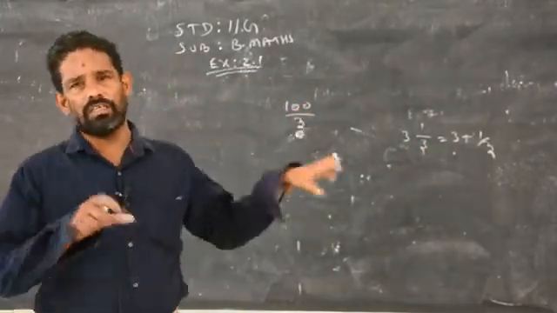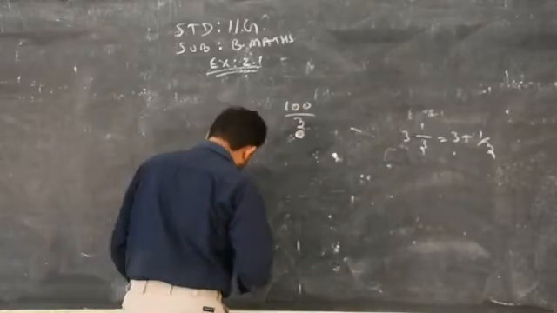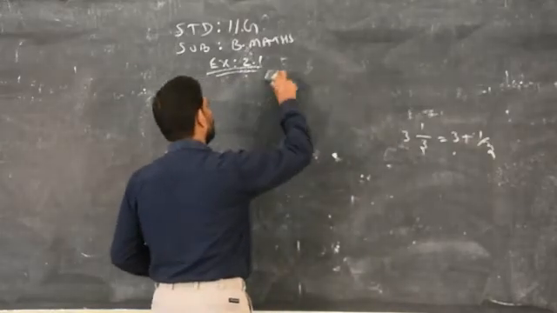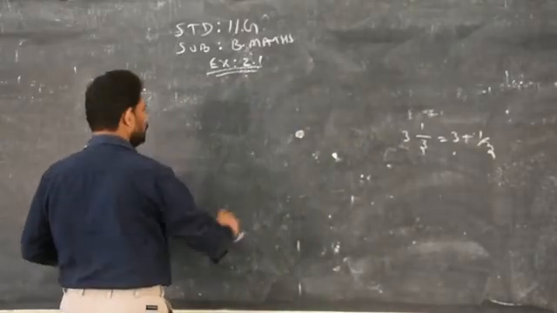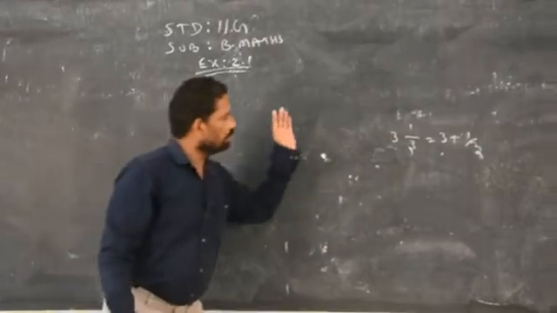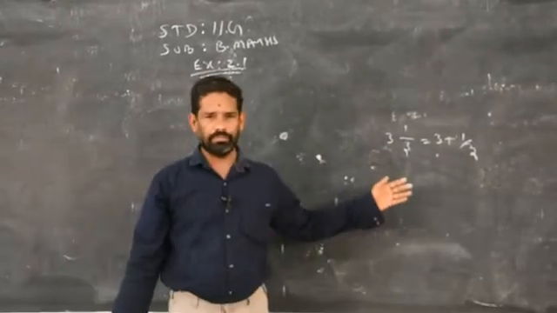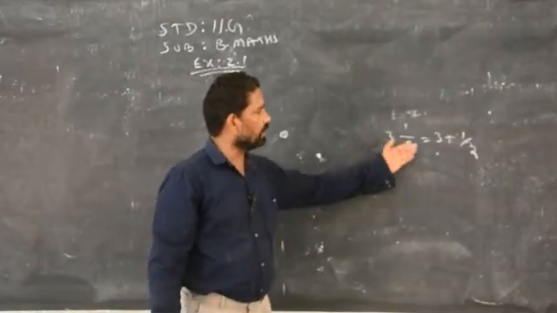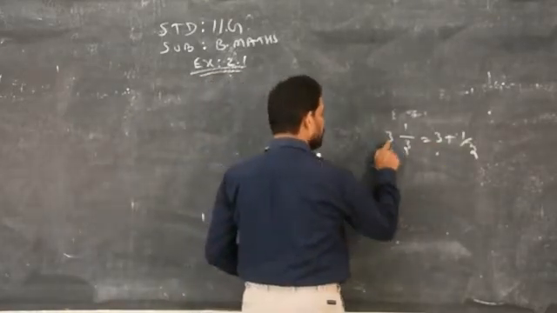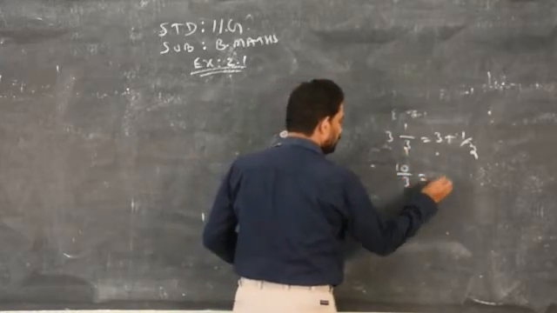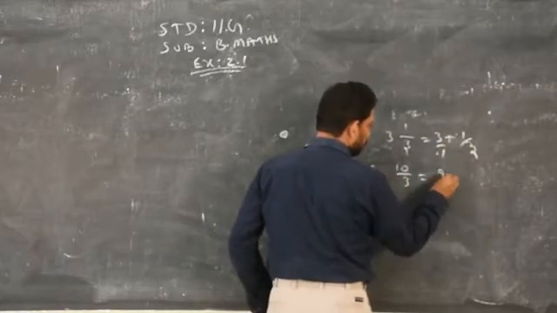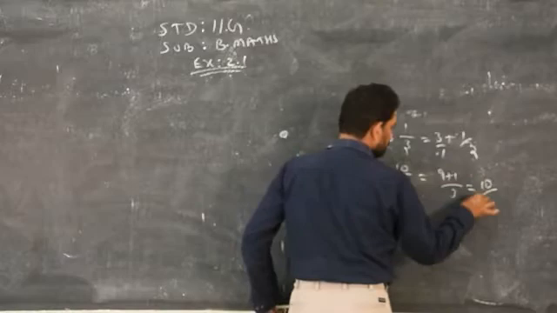Based on this concept, now we are going to evaluate some problems. We are applying this technique in algebraic expressions, in the form of rational format. So you know mixed fractions can be written like this. Nothing wrong. 3 3s are how much? 9. 9 plus 1, 10. 10 by 3. In the same way, if you take the denominator as 1, then apply cross multiplication. 3 3s are 9. 9 plus 1 by 3 will give you 10 by 3. See, both are the same.